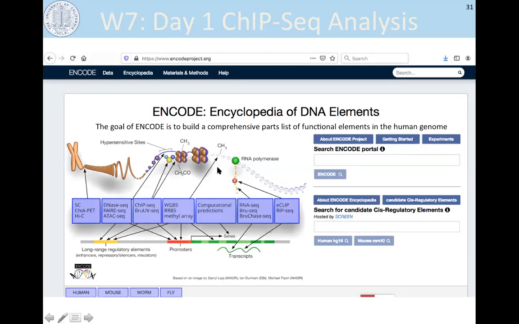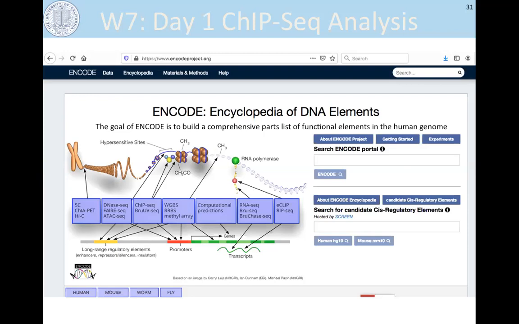I kept referring to them for the quality control measures, but this is an international effort to make publicly available comprehensive lists of functional elements in the human and also mouse genome by generating high throughput sequencing data such as ChIP-Seq data. So we're going to utilize this,